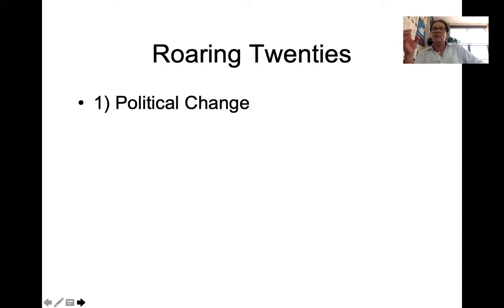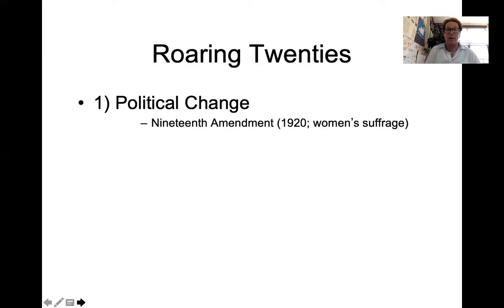The Roaring Twenties reminds me of the big hair 80s. You guys weren't even born, obviously, yet. Again, my college years when I started teaching was in the big hair 80s. It was just a fun decade. And that's the way I would describe the 20s. It was just a fun decade. But it was also a time of tremendous change. You didn't see the kind of changes in the big hair 80s that you would in the Roaring Twenties.